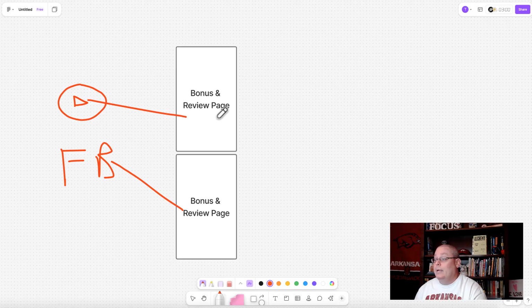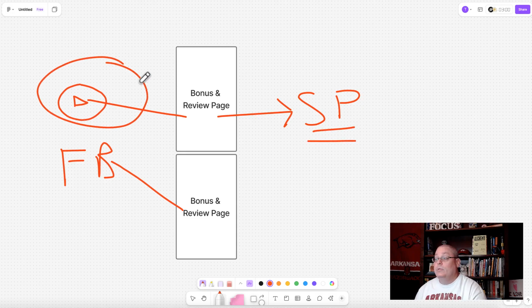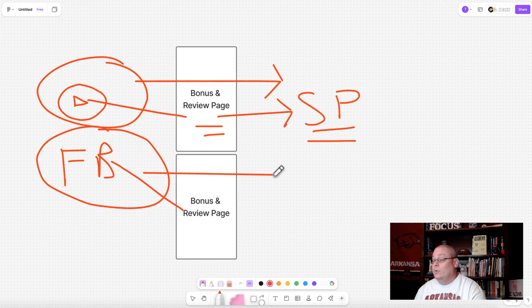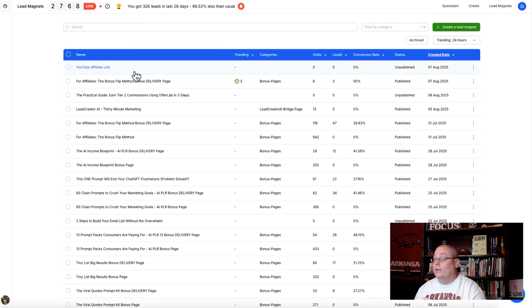Of course, from here, they're going to click on your link, and they're going to go over to the sales page, and then that's going to be tracked that the traffic came from YouTube through your bonus and review page tagged for YouTube. And the same here would be for Facebook. It would go through this page, head over to the sales page, and you would know that that traffic came from Facebook to the Facebook bonus and review page that you duplicated simply, quickly over here on Lead Creator,